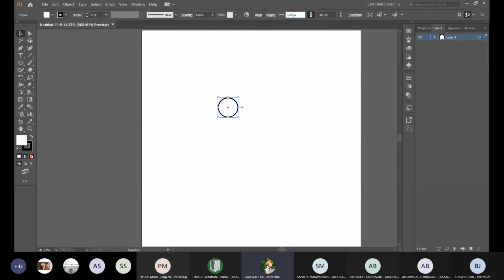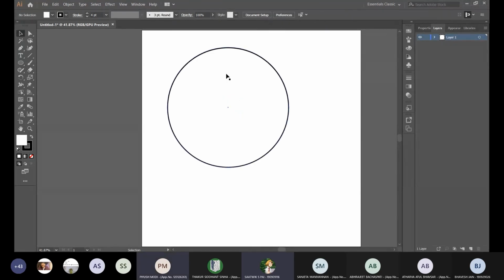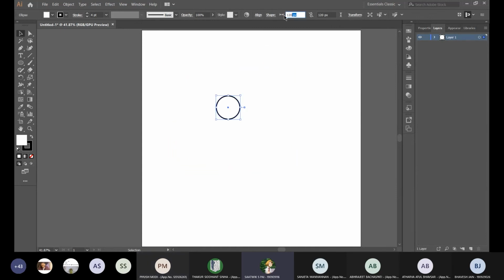If I want to make it 600, it will change here to 600. But if you remove it, this one is useful when you are typing in the dimensions. Understood? So if I keep it 120 and 600,